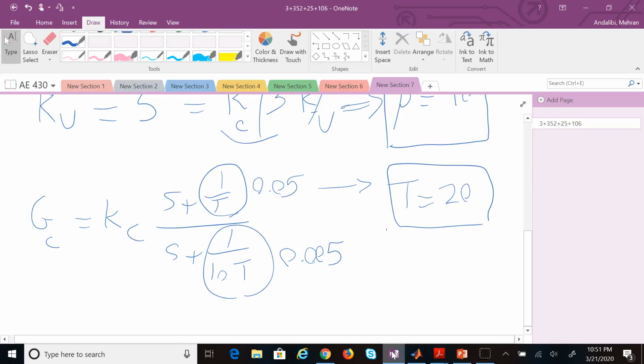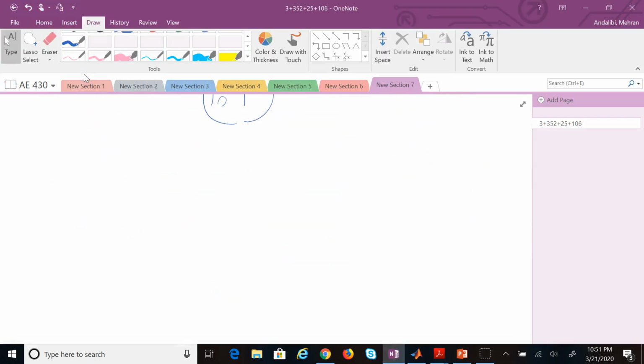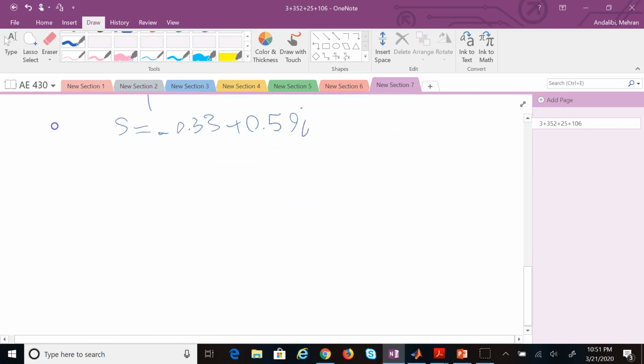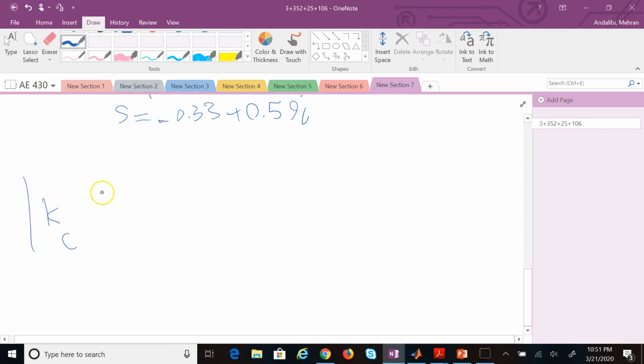So the only thing we need to do is the magnitude of the new open loop transfer function, GC times G, at one of these guys, which was negative 0.33 plus 0.59i, that should be exactly equal to 1, right? And so GC in our case is KC times S plus 0.05 divided by S plus 0.005,